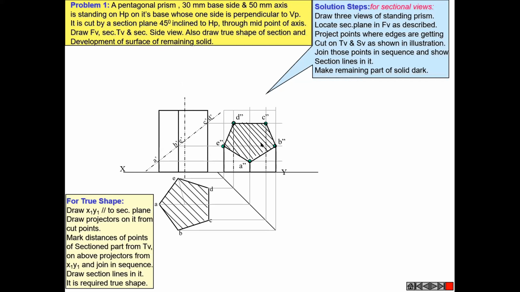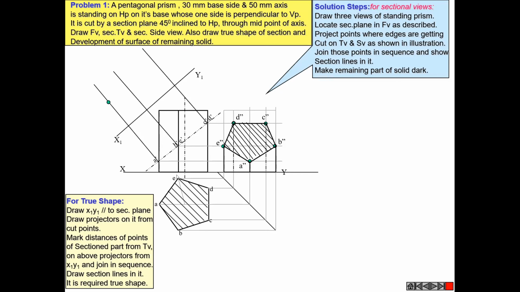So this is the sectional top view and sectional front view. Now, if you want to draw the true shape, draw one parallel line over here, parallel to this cutting section. जो भी ये कटिंग सेक्शन है वहां से पैरेलल XY लाइन बना लो, उसको नाम दे दो X1 Y1. और जो भी ये पॉइंट है सभी से परपेंडिकुलर लाइन बनानी है. You have to draw the perpendicular line from all these points. Now measure the point from here to here. ये पुरानी XY लाइन है, वहां से A पॉइंट कितना है उतना ही A पॉइंट यहाँ से रखना है. So open the compass equal to this point to A point. Keep this point as the center and arc. This is the point A.